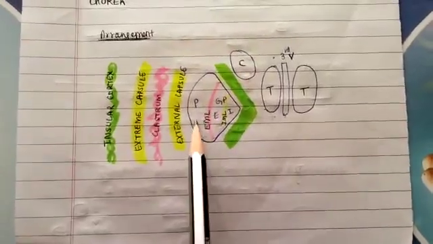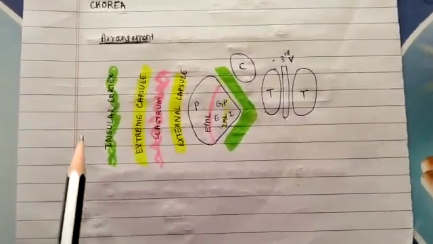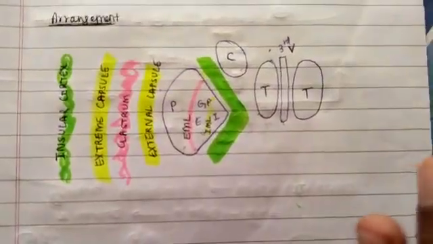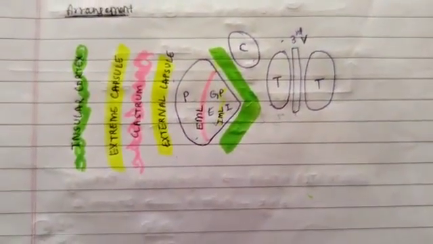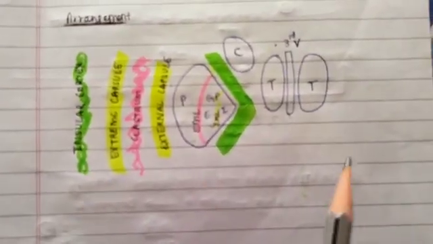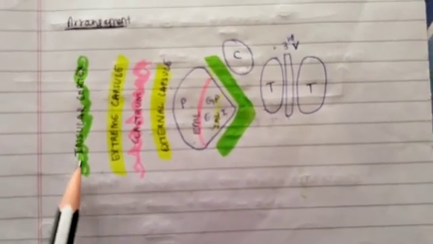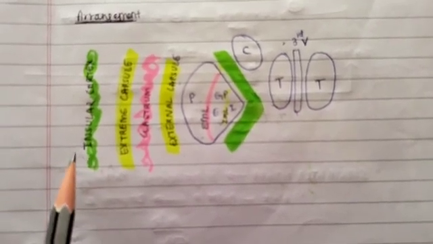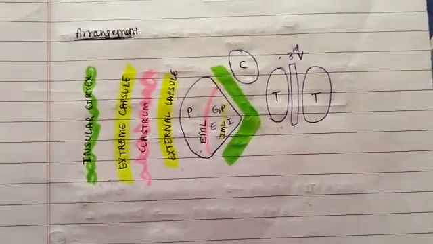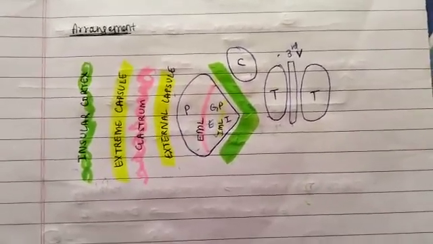This lentiform nucleus is separated from claustrum by external capsule. This claustrum is separated from insular cortex by extreme capsule. This is the sequential arrangement from medial to lateral, and this will be asked. This is very important. You should know what is the lateral-most structure and what is the medial-most structure. The insular cortex is present in the floor of the lateral sulcus. It has a function in planning and programming of the movement, which is similar to the function of basal ganglia. So this is about the arrangement of basal ganglia structures.